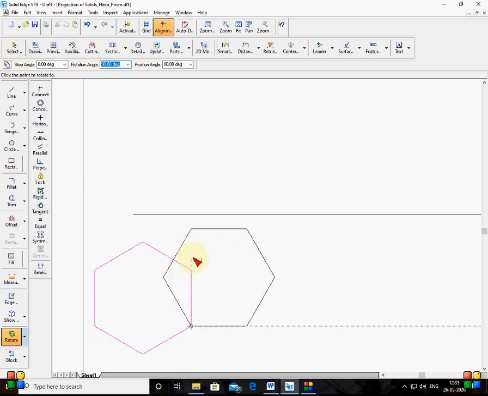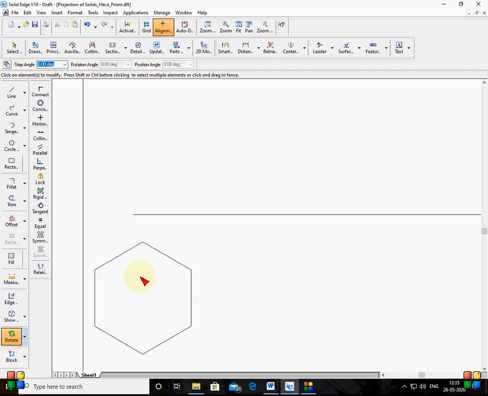See, can you see the symbol? The vertical symbol is coming there at the side of the cursor. Rotation angle is showing 90. See there, the rotation angle is showing here. You can see it is 90. Okay. So I'll do it this way. Now this is the position you require as per the problem.